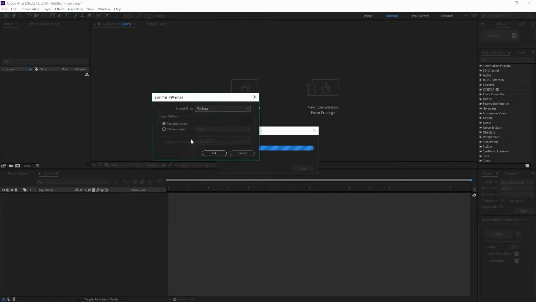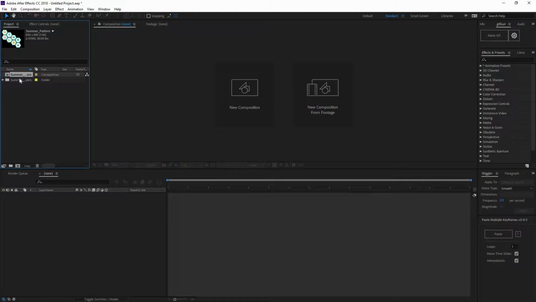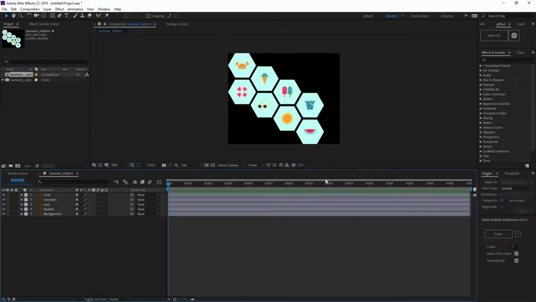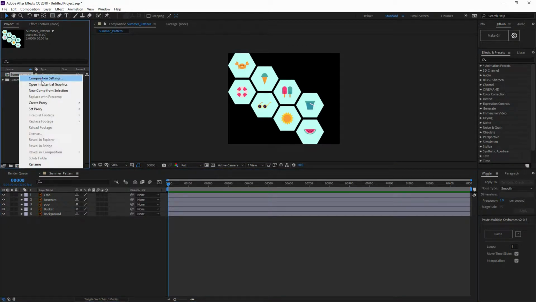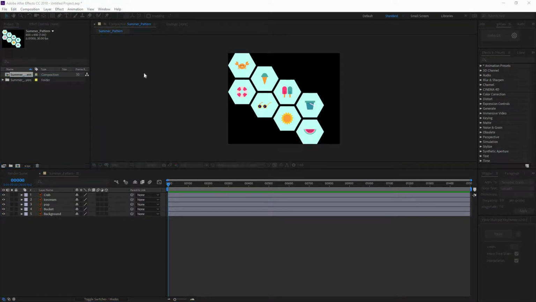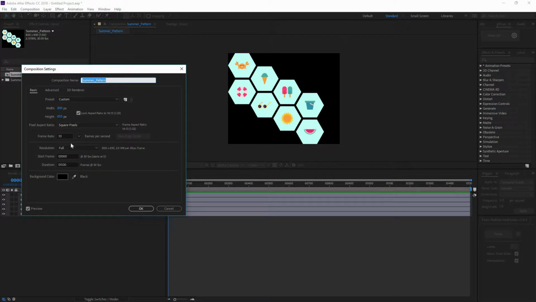Here you can import as footage, merge layers, which is a simple image, choose layer to pick only one, and composition to bring them all. So I want that, and I want my footage dimensions to be layer size, because if you do document, everything is going to measure the 100 by 650 that we did. So we're going to open this composition, right click, composition settings, and here we're going to see our